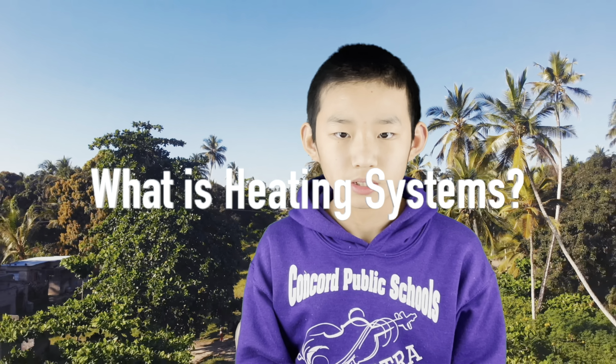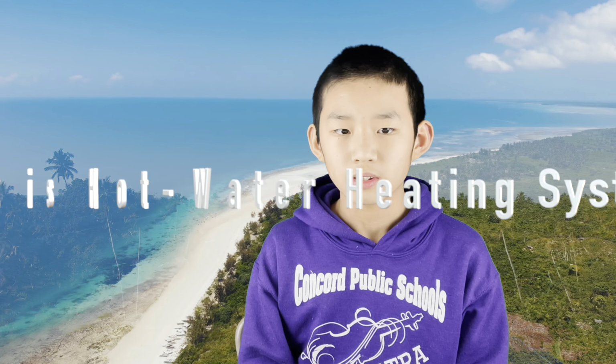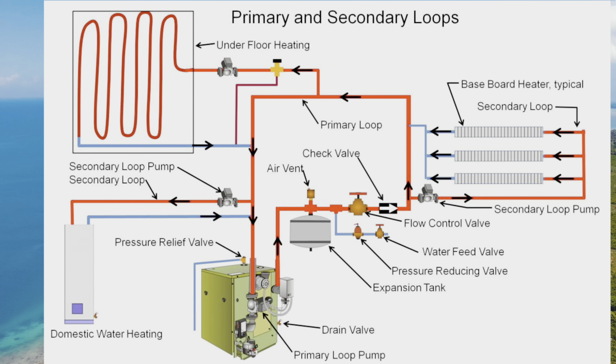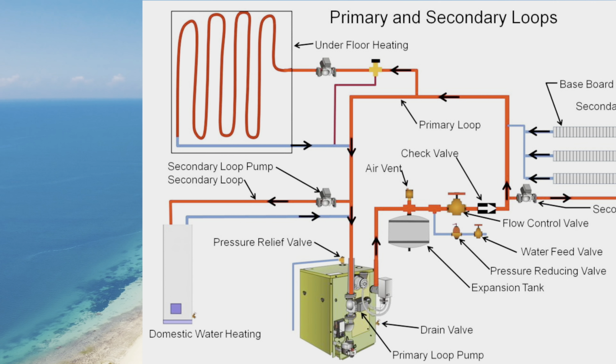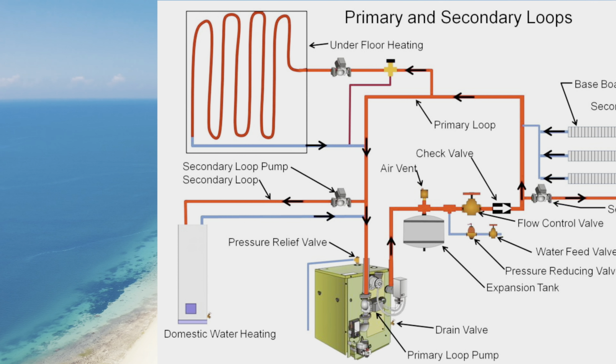What are heating systems? Warming homes and other buildings is an obvious way that thermal energy can be used. Two common types of home heating system are hot water and warm air heating systems. What is a hot water heating system? A hot water heating system uses thermal energy to heat water, then pumps the hot water throughout the building in system pipes and radiators. Water is heated in a boiler.